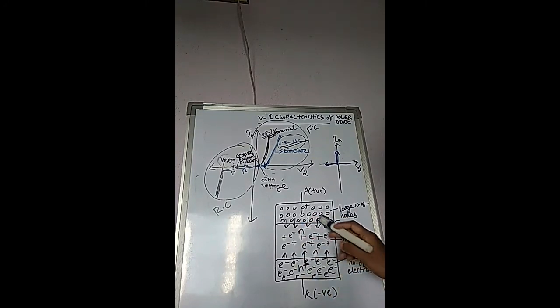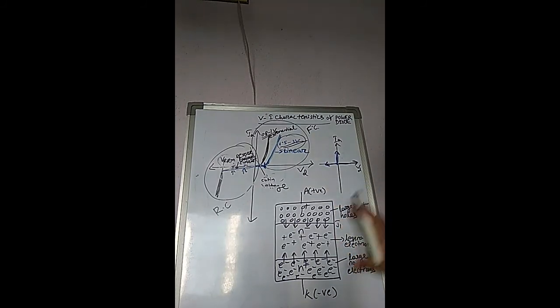So now here the recombination process will start. Once the recombination process starts, current conduction is possible from anode to cathode. This type of injection of holes and electrons is known as double injection: injection of holes from here, and injection of electrons from here. This is known as double injection, or it is called conductivity modulation. Means here the conductivity is modulated, enhanced or increased.